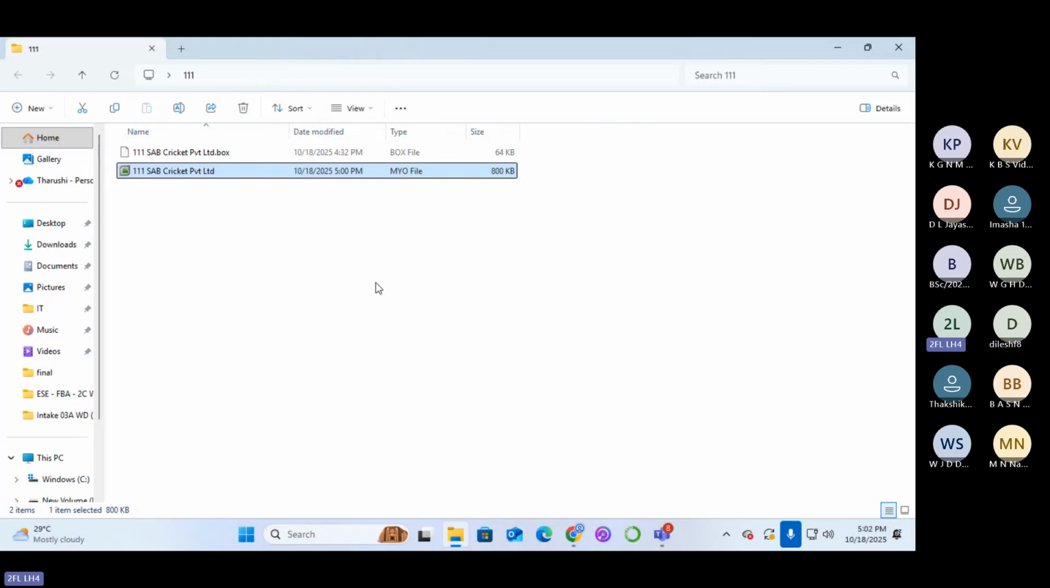Then this is the company file. You have to take it as a backup, right? And bring it to the next class. You can use any method. Maybe you can send an email to yourself, attach this company file and send it to yourself, or maybe you can upload it to your Google Drive, right? Whatever cloud platform you have,